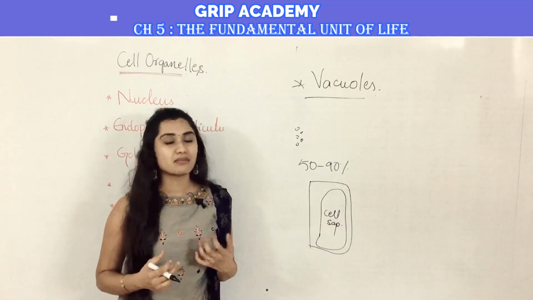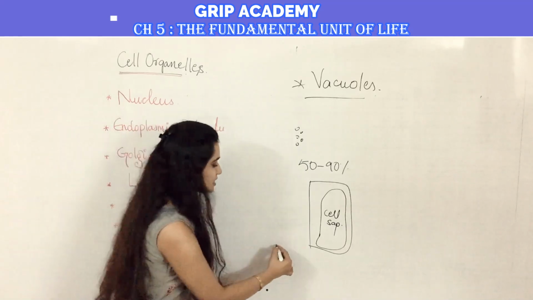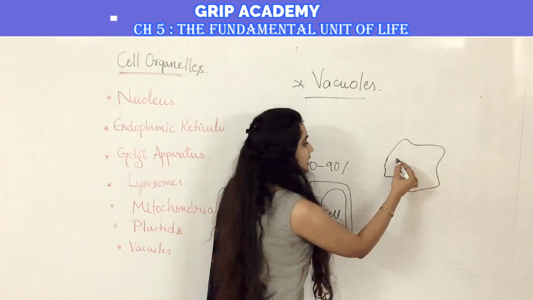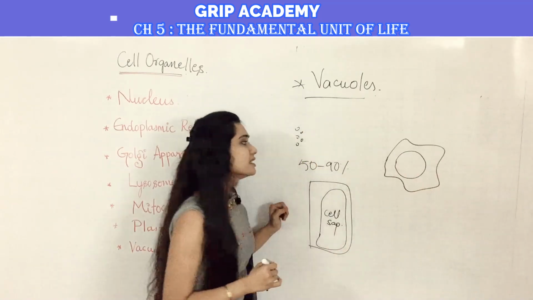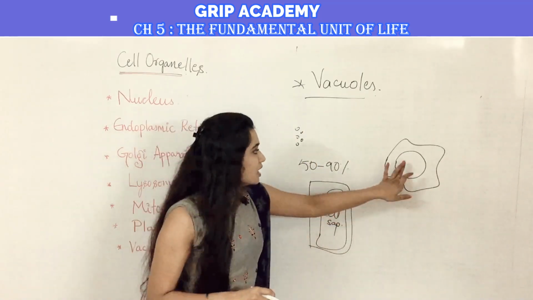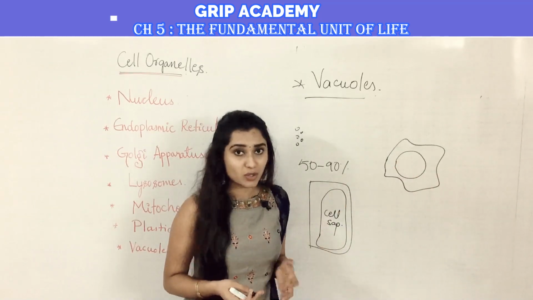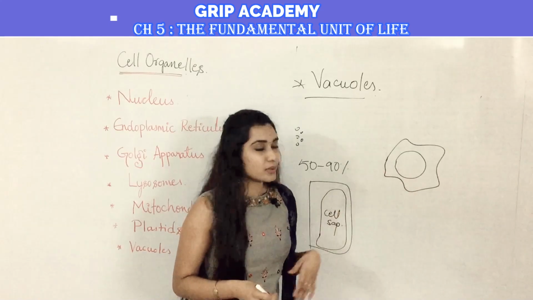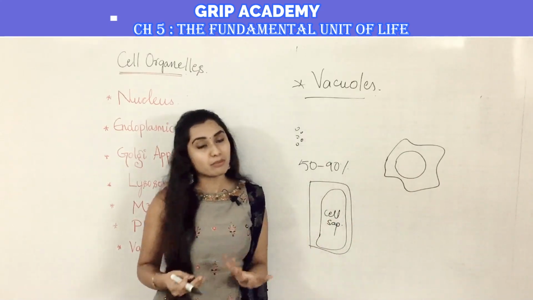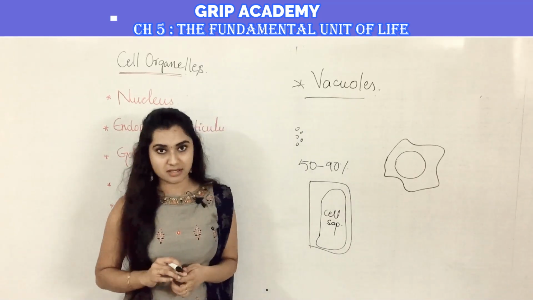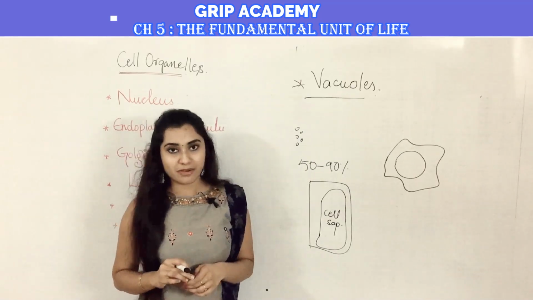Now consider vacuoles in amoeba, the unicellular organisms, which have an irregular shape. Sometimes the vacuoles in the unicellular organisms are helpful in storing the food. So you can call this a food vacuole, where it will be storing its food. And sometimes the vacuole plays a very important role in expelling the excess water and waste from the cell. So this is all about vacuoles.